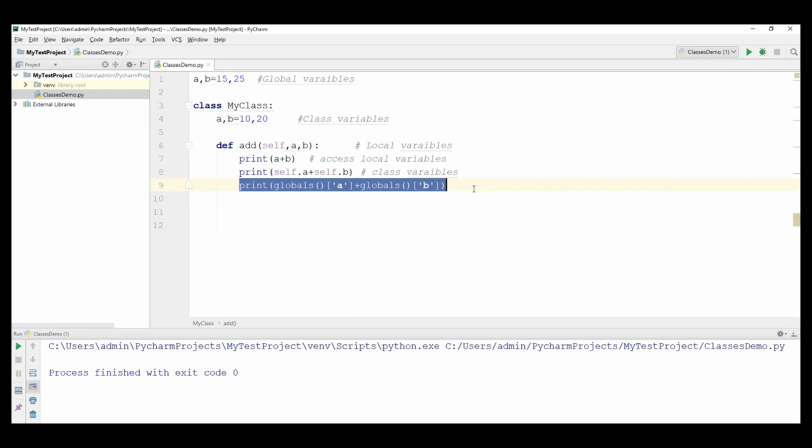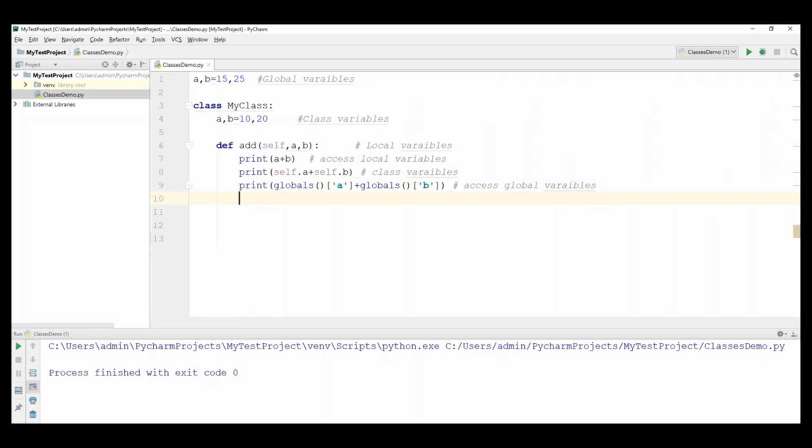Suppose we have different names, like the local variables a, b and the global variables x, y. Then you can directly specify x, y here without the globals keyword. But if your local variable names and global variable names are exactly the same, then you have to differentiate them by using the globals keyword. This is our syntax. Now this will be able to access the global variables.